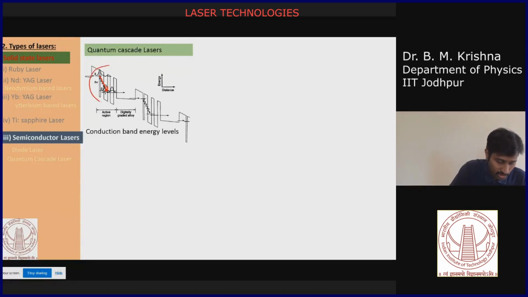So effectively it's a 3-level laser system. Now this electron again tunnels through, because it is still in the potential barrier, the potential created because of your bias. So again the electron is tunneled through, it acquires energy, it gains energy, then in the next period it will have enough energy to reach the excited state of this state.